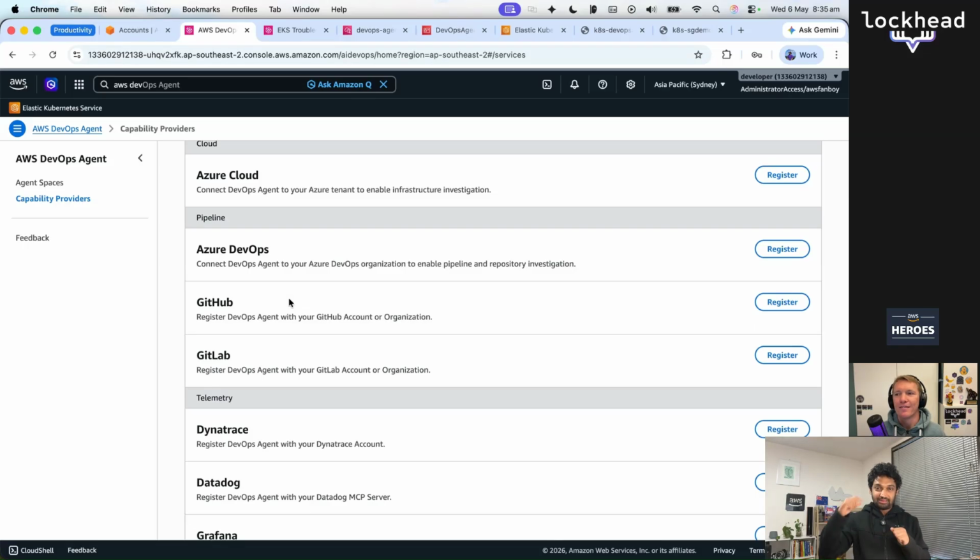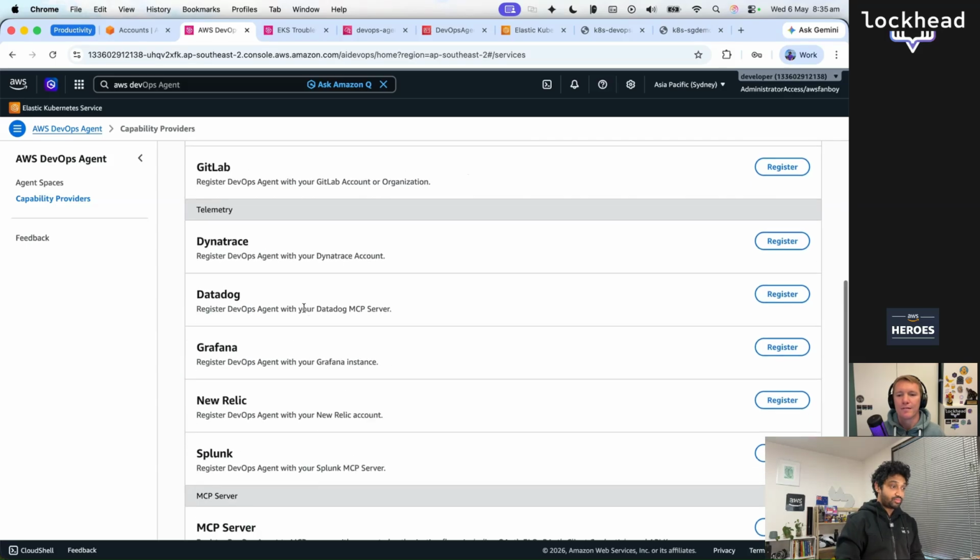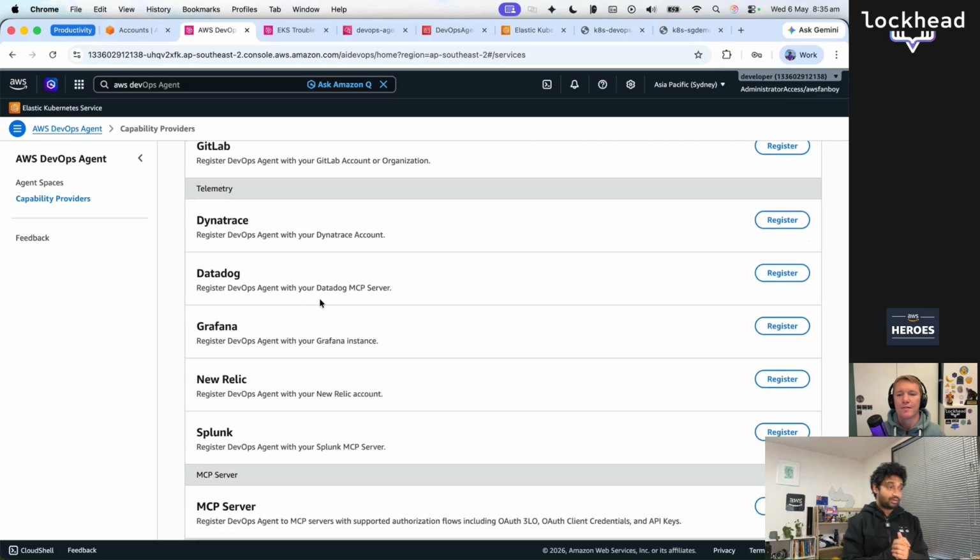Think about the emergency room scenario again, and all these things connected, like patient history, the blood tests, the other tools and everything. So same, it's one view that is now connected. Okay, it can check its commit history. And the telemetry part, I think we have all the major